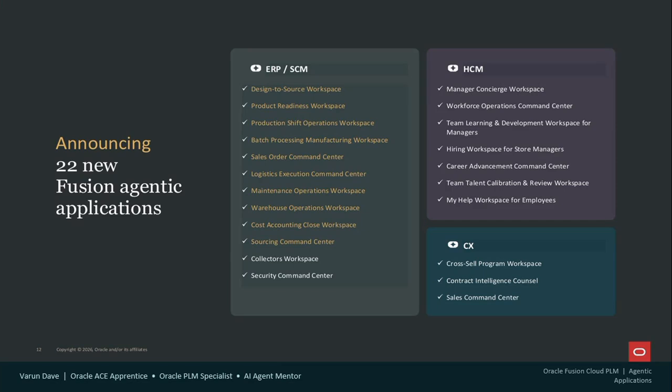Announcing 22 new Fusion agentic applications. Oracle has introduced these 22 new Fusion agentic apps across three product areas. In ERP and SCM, this includes the Design-to-Source Workspace, Product Readiness Workspace, Production Shift Operations, Batch Processing, Manufacturing, Sales Order Command Center, Logistics Evaluation, maintenance operation workspace, warehouse operation workspace, cost accounting close, sourcing command center, collectors workspace, and finally